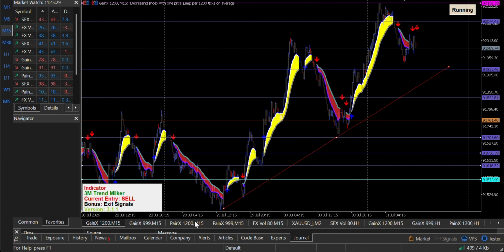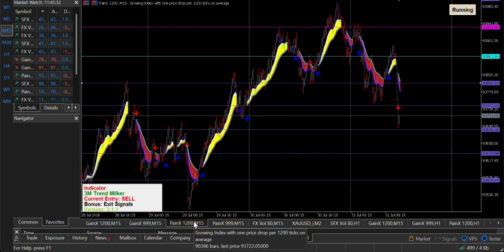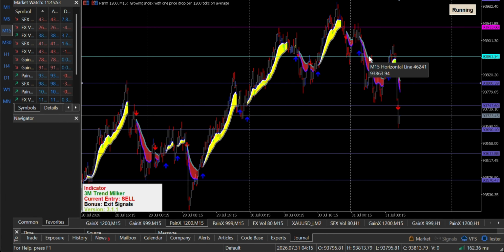So, like I said, I'm going to show you the strategy which I have been using. This is another setup which we had yesterday. If you followed my video, you should be milking this right now. This is Paynex on the 1250 minute time frame. I actually told you that this had got into the resistance zone, so we were waiting for it to give us the right trend signals. And I highlighted this